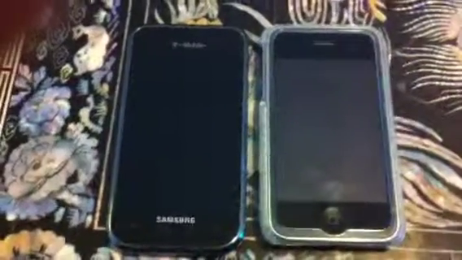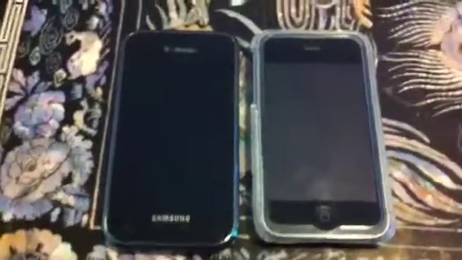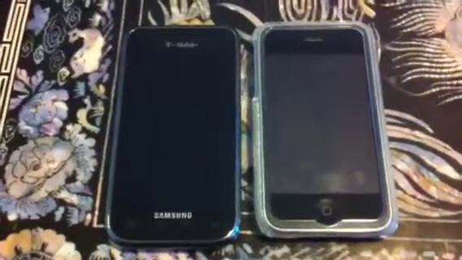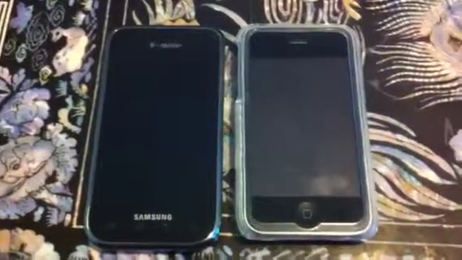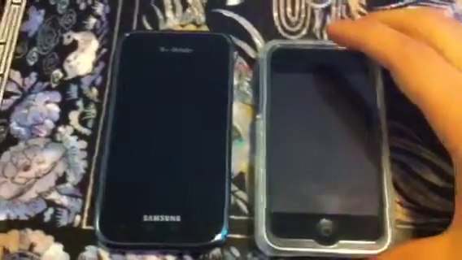So I was lucky enough to get my hands on an Android Vibrant and an iPhone 3GS, and there's a couple things that I just want to highlight. I'm a pretty hardcore iPhone user, so I might be a little bit biased, but there's some things that I find kind of troubling with Android that I feel I should highlight. So the first thing is